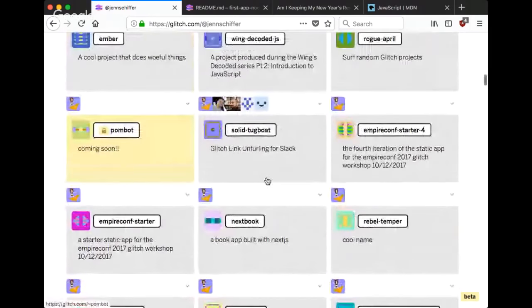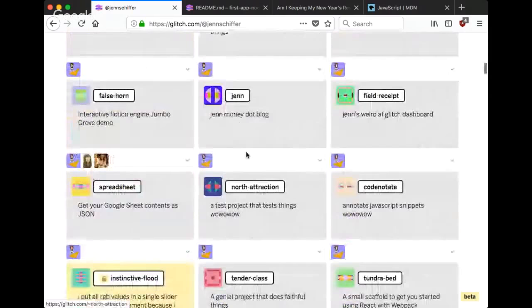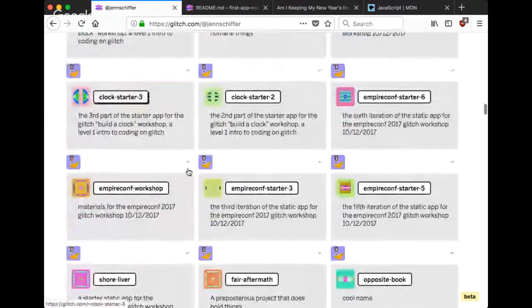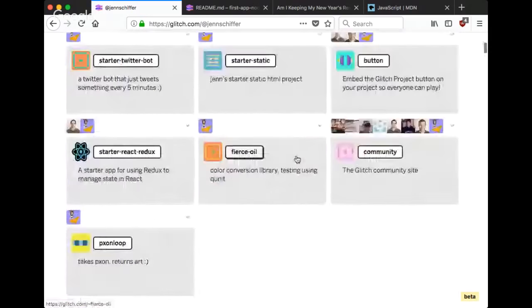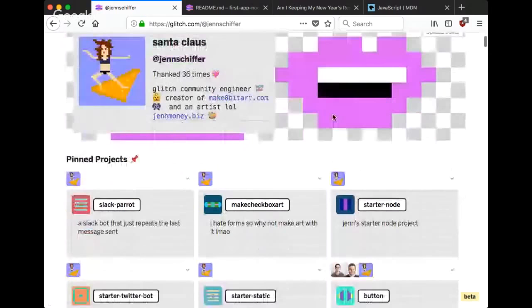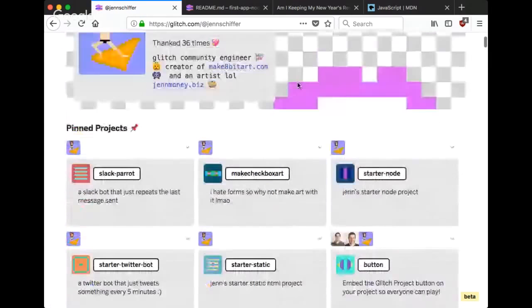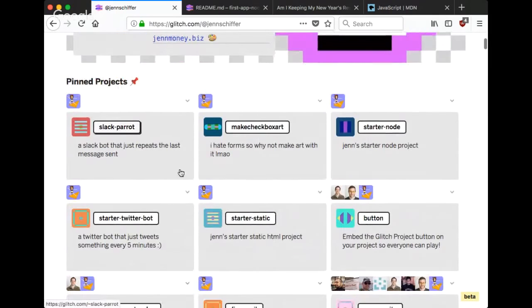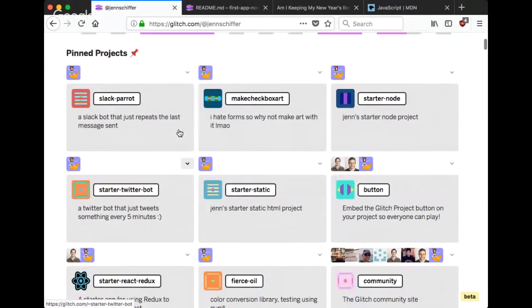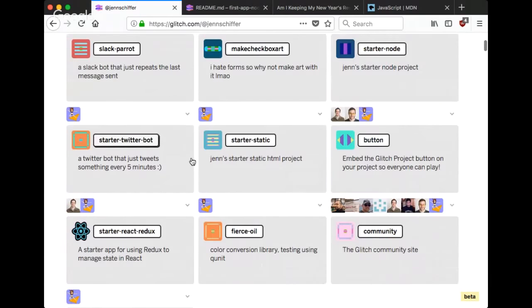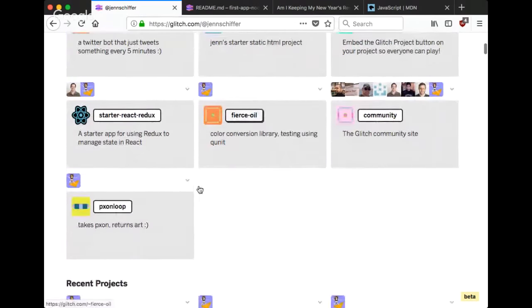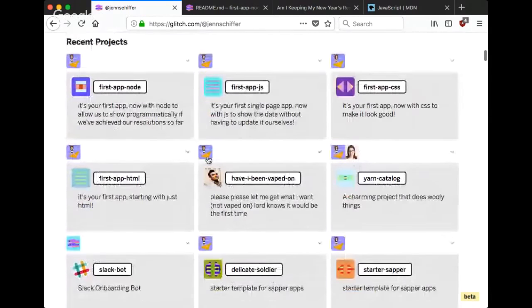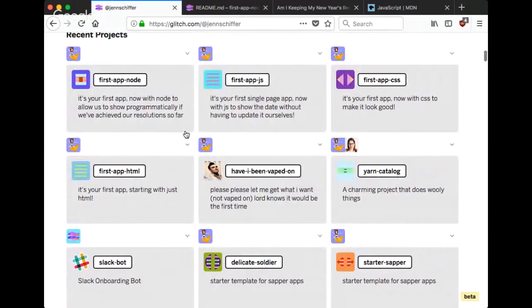And you can also make your apps private. Like I have a couple of apps, the ones with the flashing yellow going by, that you can't see the code in. You can add your bio, of course, your upload cover, which is very important for it to be cute. And you can pin projects. Like I have some starter projects and cool things for people to look at. And then I have my projects down here in the order that I've updated them. And my example app